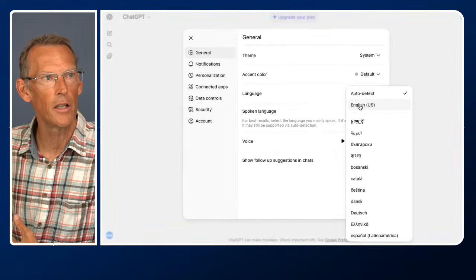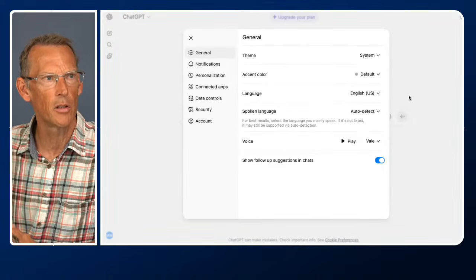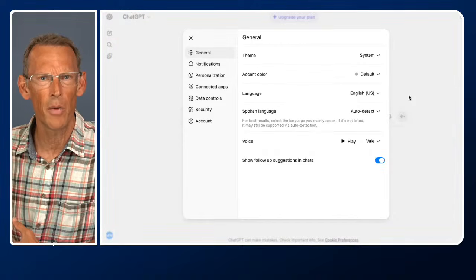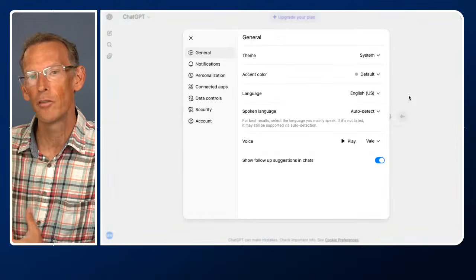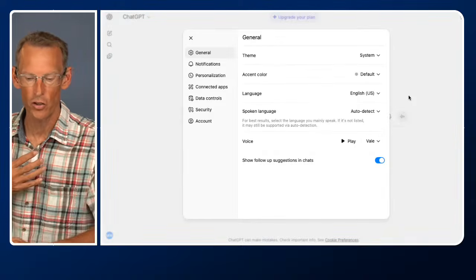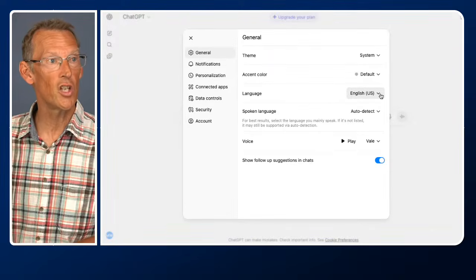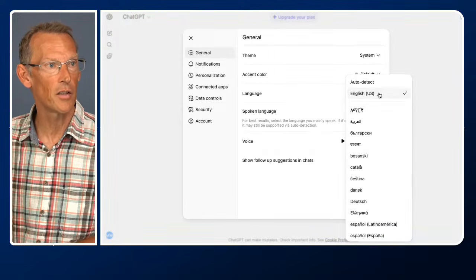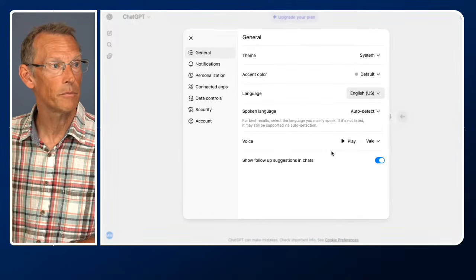I would recommend that if you are English speaking, you select English. And part of the reason for that is because when I use the dictation mode on my phone, it then translates it into Welsh and gives me an answer in Welsh. And I have no idea why. I'm not the only person that's mentioned that. It's happened to thousands of people for some reason. So switching it to English hopefully fixes that. We'll see. So I recommend you set that.